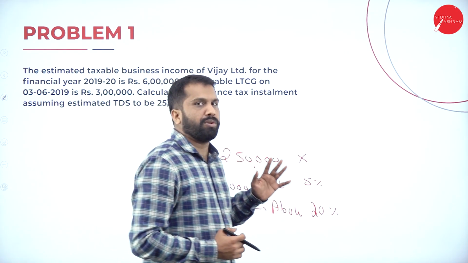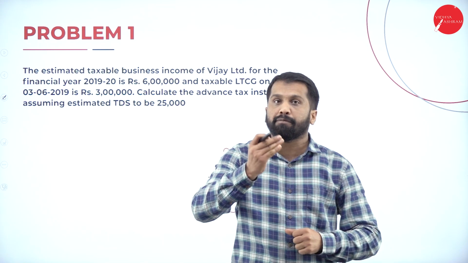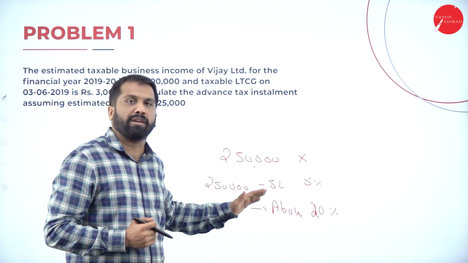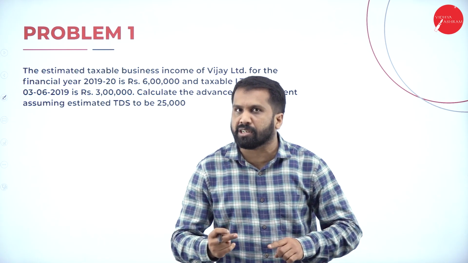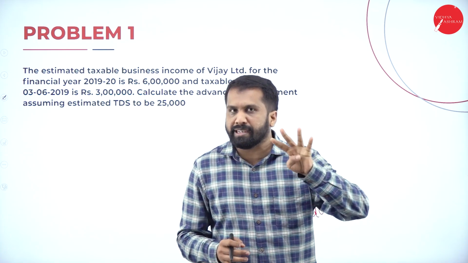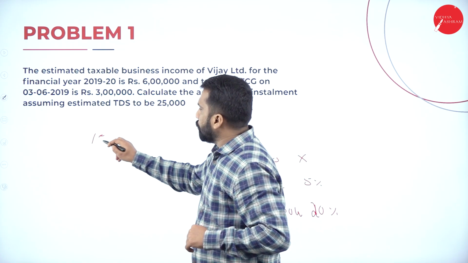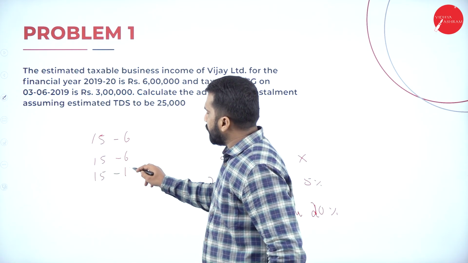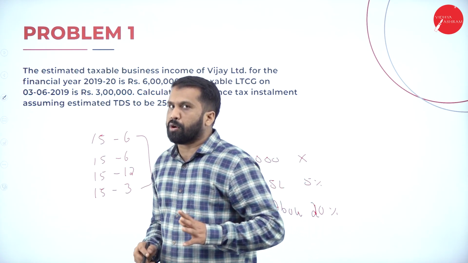Now what you are supposed to do: total your income, whatever total income you have, and then calculate tax on it. All this tax calculation you are supposed to do. Once you're done with your tax calculation, what is the next procedure? The next procedure is to pay advance tax. There are 4 installments for advance tax. Remember, 15th June, 15th September, 15th December and 15th March. These are your 4 installments.